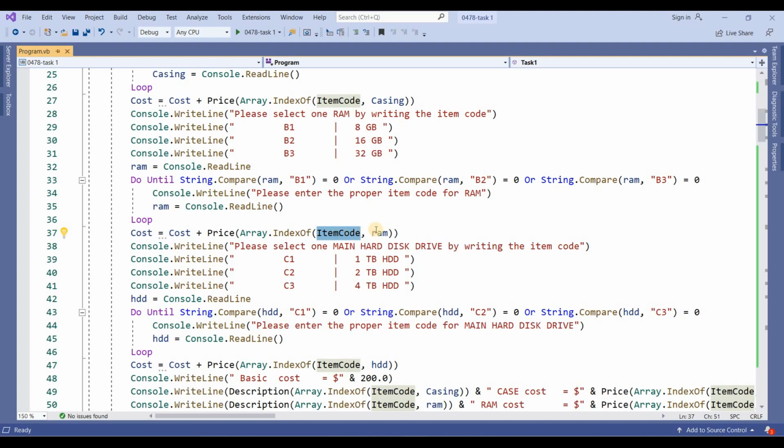The item code is an array. You will find the index of maybe B1, B2, or B3, whatever you select. Then it will give you the index of that component and the price of that.